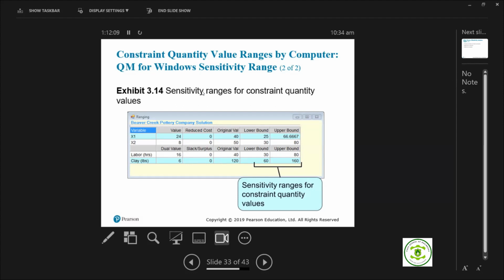If profit per volt increases beyond that, then it means that 24 volts will no longer be optimal. So we have to solve the problem again and decide the best number of volts to produce. It will no longer be 24. In other words, so long as profit per volt is within this range,